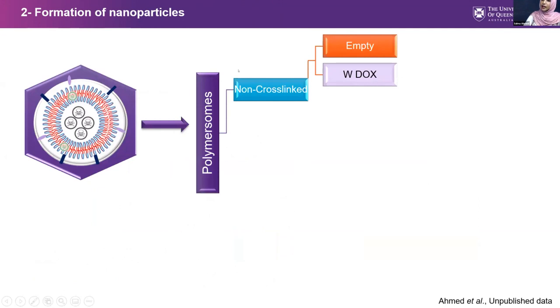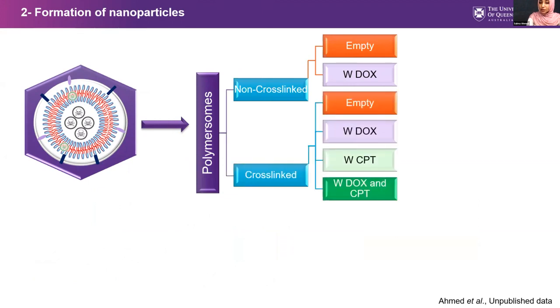And in order to summarize all the types of different nanoparticles that we made, for the polymersomes, for the non-cross-linked ones, we made some as a control, so we didn't load them with drugs, and we loaded doxorubicin in some of them in order to see how they will behave without cross-linking. And also, we cross-linked some of them, and then we compared these to the non-cross-linked ones in terms of the